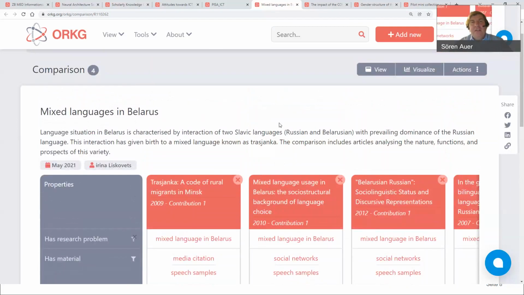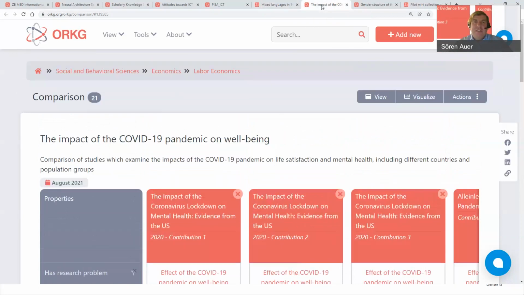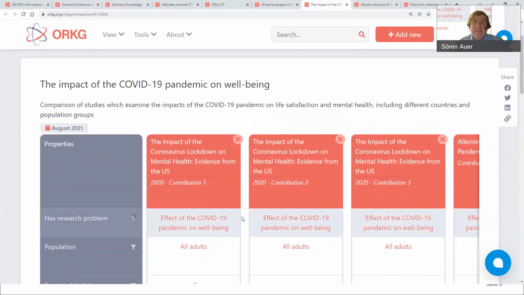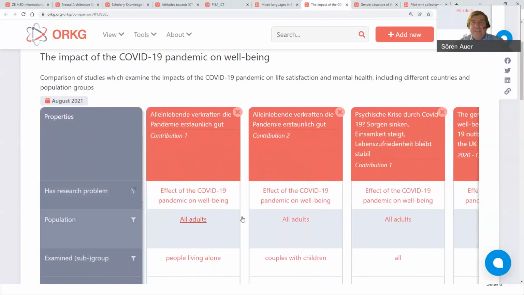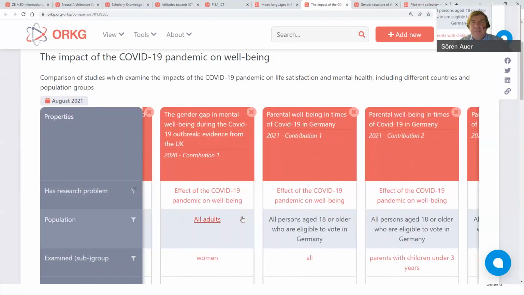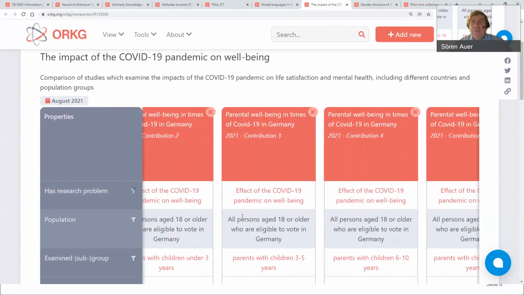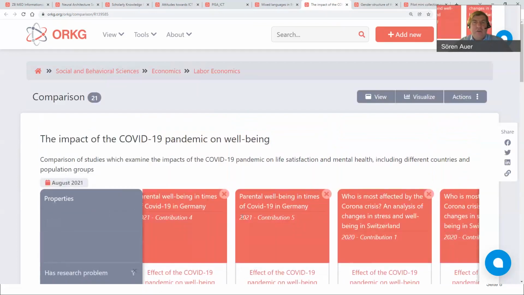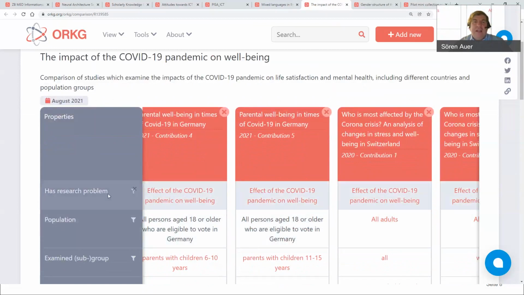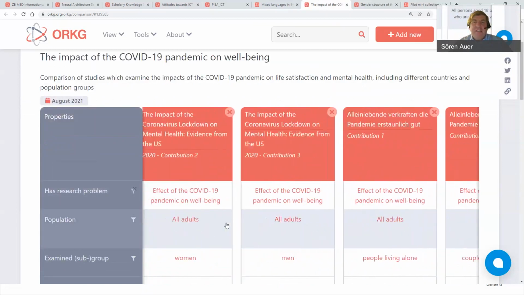So that's another example of a visualization comparison in linguistics. There is also one here in social and behavioral sciences, a comparison on the impact of the COVID-19 pandemic on well-being. There were different studies which we can see here. And this comparison basically gives an overview on these different studies, overall 21,